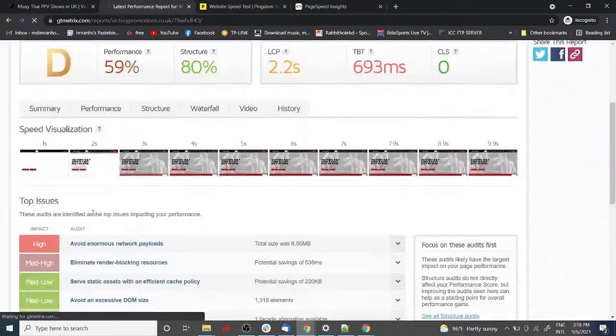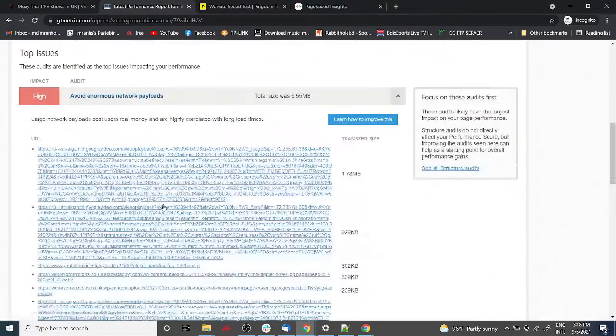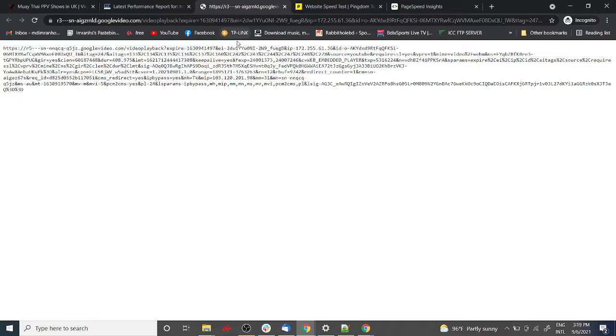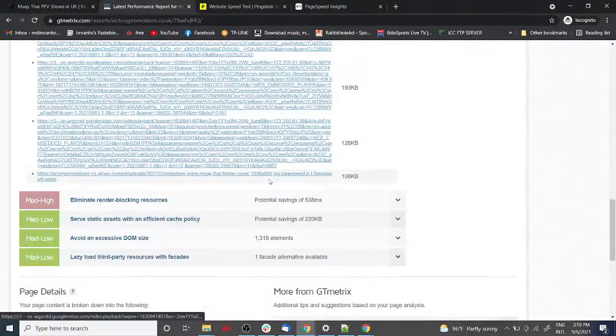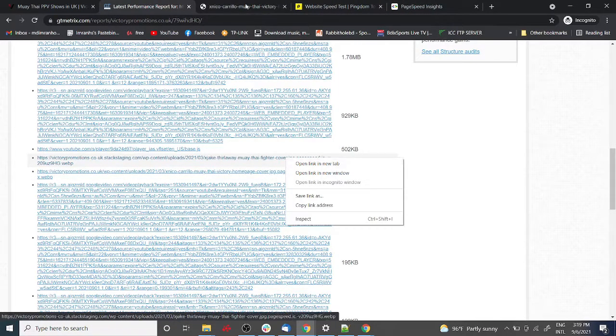Okay, this is already D, and some highs are showing. What are these? Okay, we can't reduce this. These are generated by the videos, I think. If we didn't use those videos, this wouldn't be showing in here, but we need those videos, so we can't do anything about it. But there are some covered images which can be replaced, like this one can be optimized,